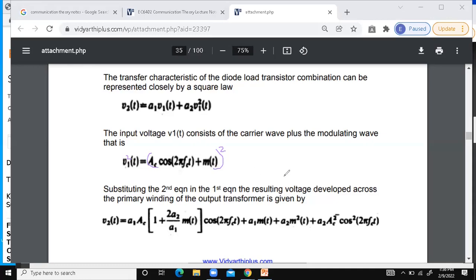So this is your A squared. This is your A squared. Yeah, this is your A squared. All right? This is your B squared. No. That is your